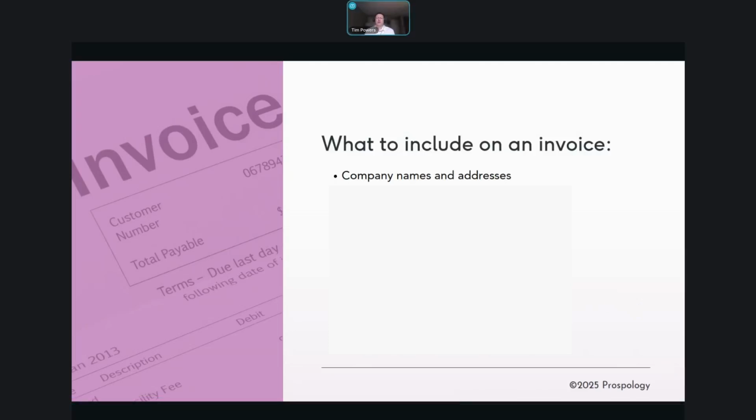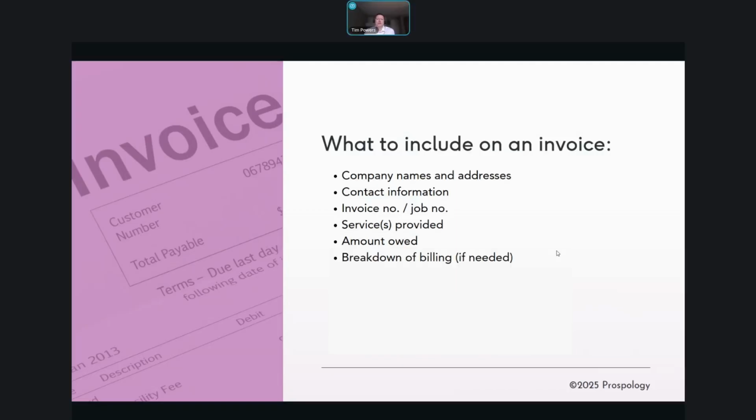When you invoice a client, what are some of the common fields that you would want to include on your invoice? You would want to include the company or the client name and address, their contact information, and then also the invoice number and job number, and some level of description of the services you provided, the amount due, the amount owed from your client to you, and a breakdown, further detail of the billing that may depend on how much